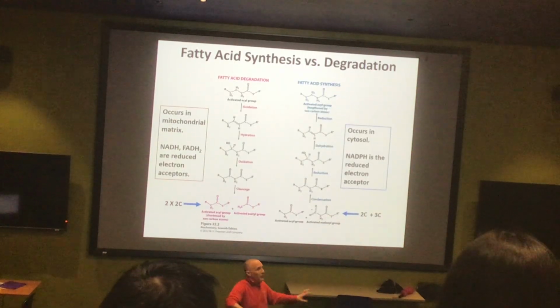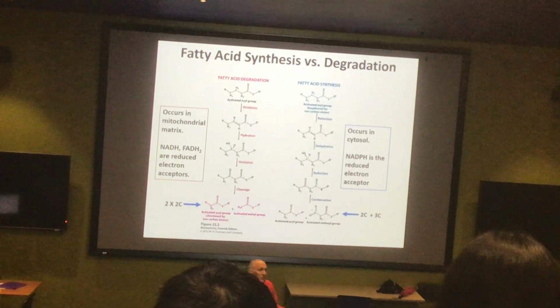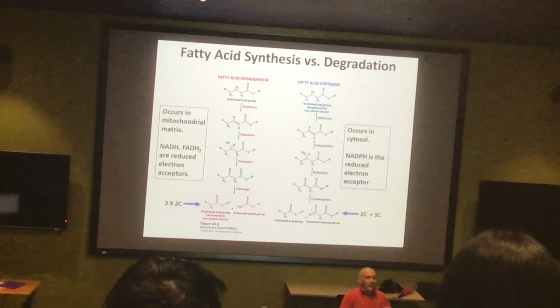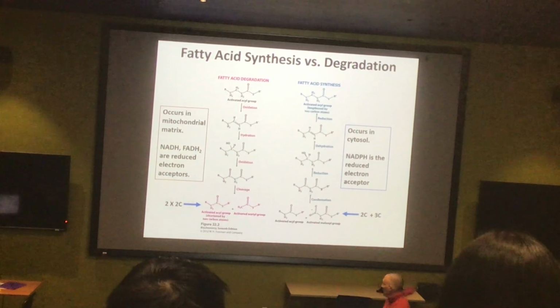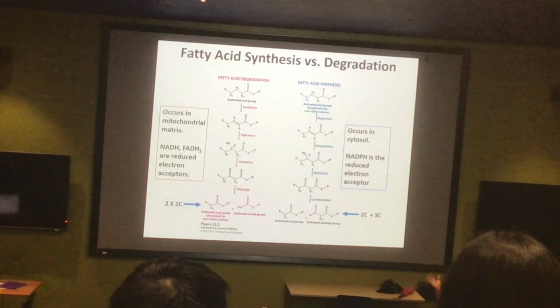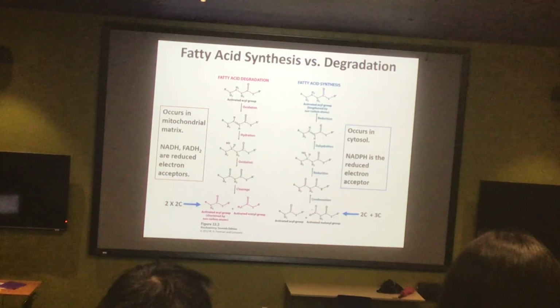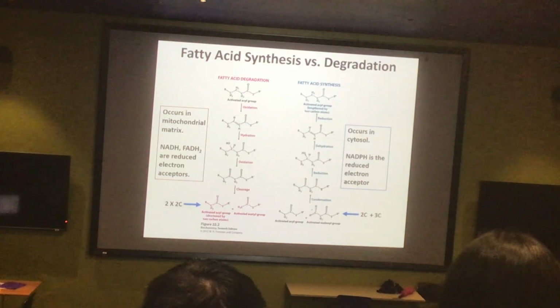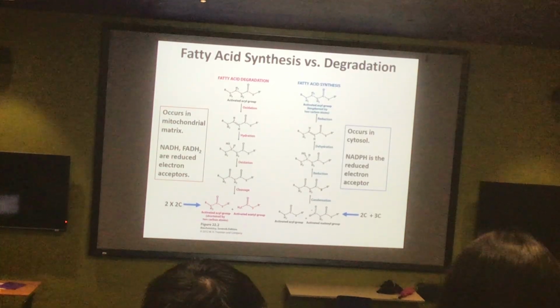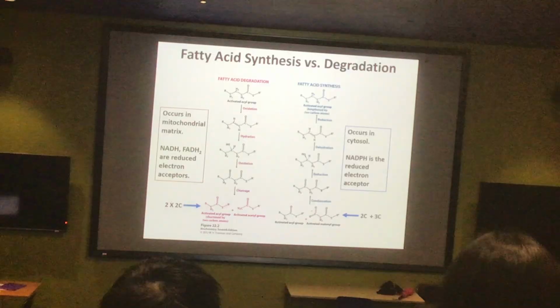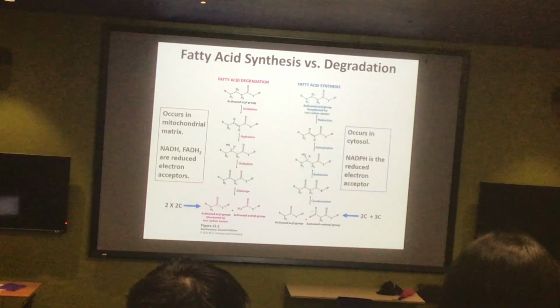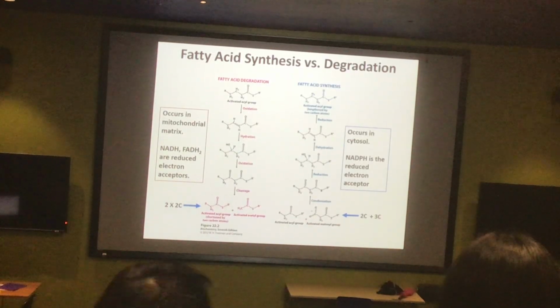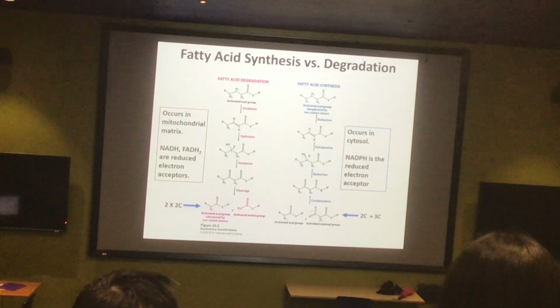Segregating these out into different compartments is an excellent way to regulate that without having to worry about complex allosteric modulators. So there's nothing really like fructose 2,6-bisphosphate here, right? We do one in one compartment, another in another compartment, and there is, of course, some interchange of material we'll see, but we really don't need to do much more complex than that. In fact, you'll see with the regulator it will actually be almost what you would have predicted.